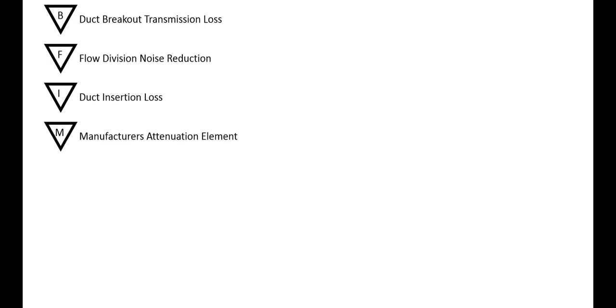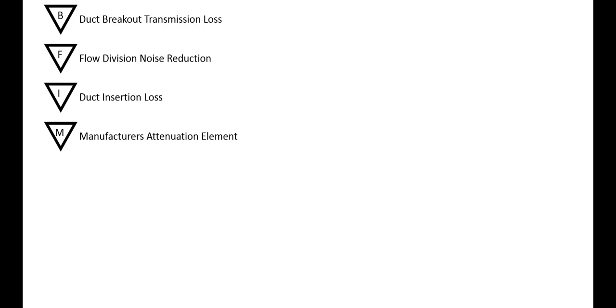Some of the major sources of attenuation are duct breakout transmission loss, which is the attenuation ductwork provides from its radiated sound levels; flow division noise reduction, which is the attenuation of sound when the airstream divides; duct insertion loss, which is the reduction of sound between the entering and leaving section of duct; manufacturer's attenuation element, which is a noise reduction due to a separate attenuator used by the manufacturer, such as in the slide-out attenuator on our TFS-F